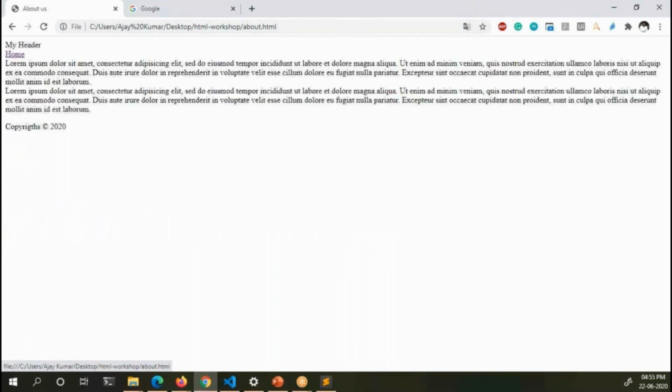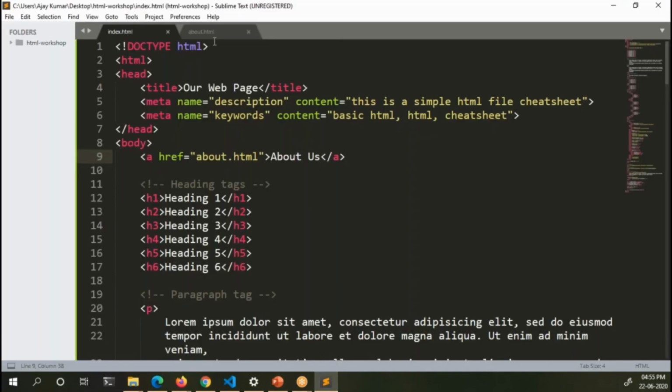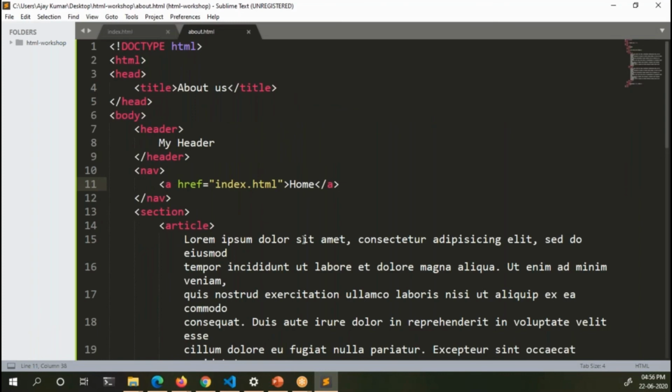So you can create as many pages as you have, but this will not suffice as a website. You need to add more styles and follow more principles to design this. The second page that we have created is just like the first page.